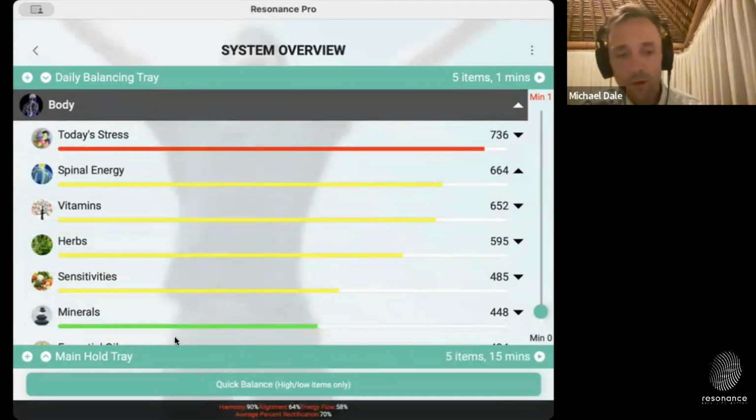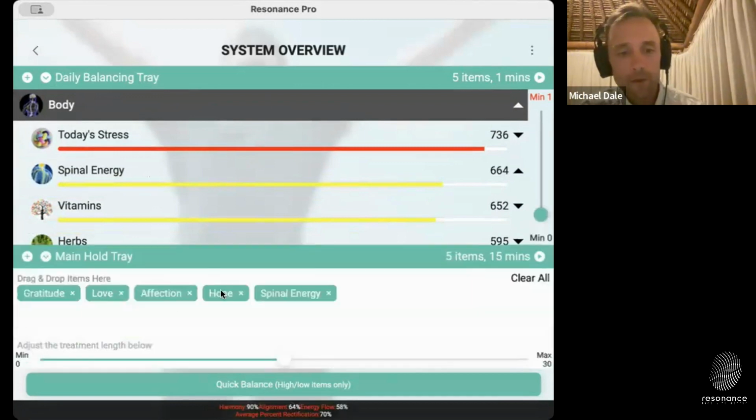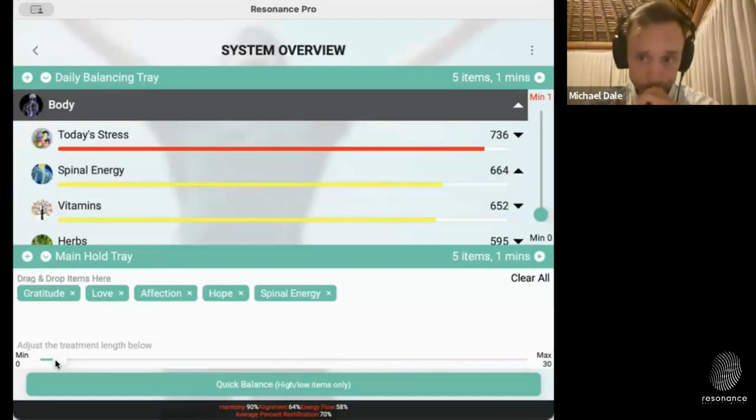Okay, so now they've got a good selection in the main hold tray. And we can work on those separately. So again, you've got your timer switch down here, and you're moving that down to whatever time it's going to be. As I said, for a resonance session with a client, for me, I wouldn't go more than 30 minutes